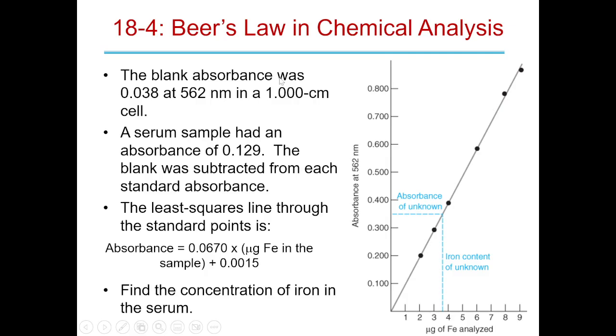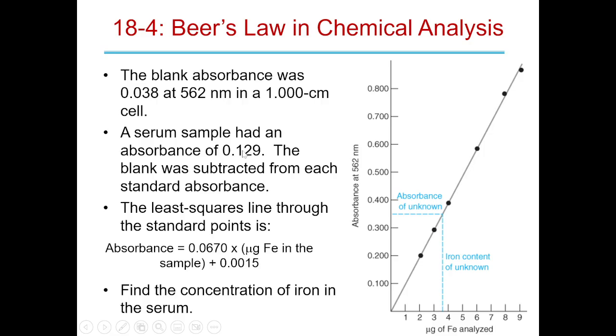So in this case right here, what we see is the blank absorbance was 0.038. Notice your blanks almost always have some sort of absorbance, right? Because your cell itself is not perfectly clear. Your solution is not perfectly clear. And your matrix inside of that probably isn't perfectly clear either, is it? Especially the one we used for the iron. You notice that had a very definite color to it. So this blank was this amount at 562 nanometers in a 1 centimeter cell. Your serum sample had an absorbance of